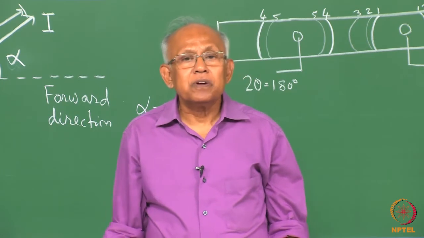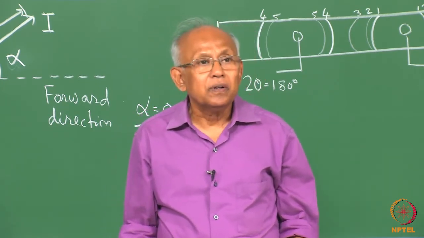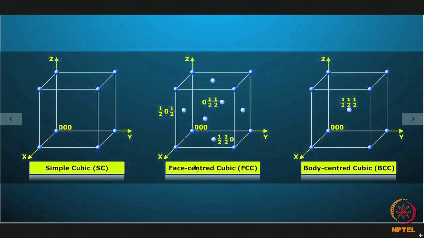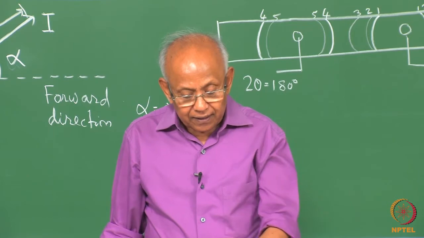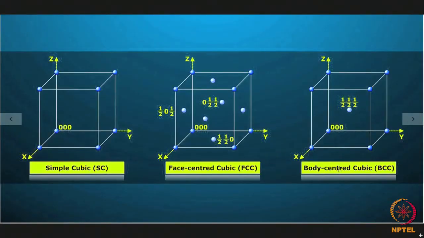Say we talk about 3 Bravais lattices belonging to the cubic system. One is the simple cubic, the other is the face centered cubic or FCC, and the third one is the body centered cubic or BCC. Now, you will remember that in simple cubic, 8 corner atoms contribute a total of 1 atom to the unit cell. In FCC there are 8 corner atoms and 6 face centered atoms, so their total contribution to the unit cell is 4 atoms. In the body centered cubic, the total contribution of the 8 corner atoms and 1 body centered atom is just 2 atoms. So, the 1 atom in the simple cubic system has fractional coordinates 0 0 0,